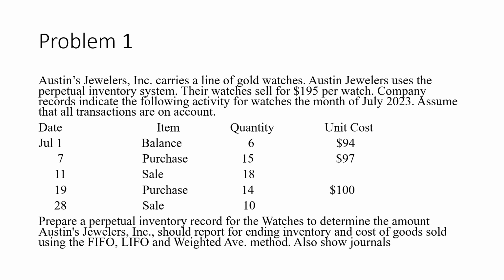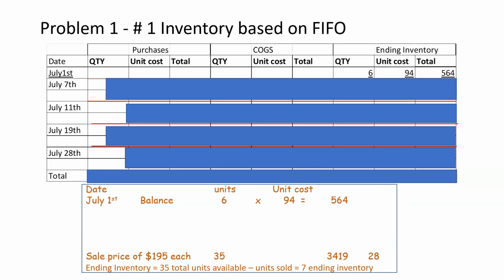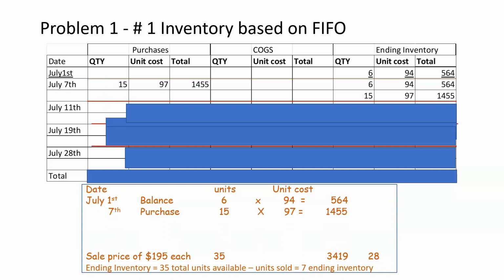We also know that they're selling at 195 each. So now I'm going to go through each of the 3 methods. Now first, we began with a balance of 6 at 94. You see that on your top line, July 1st. And the next thing we did is we purchased 15 units. So we bring down the 6, then we do the 15 at the new price, and now we know what's